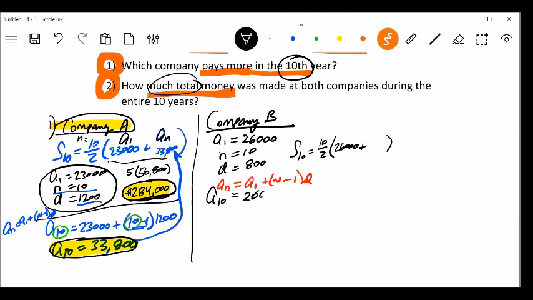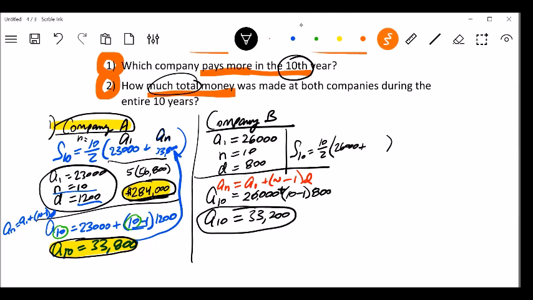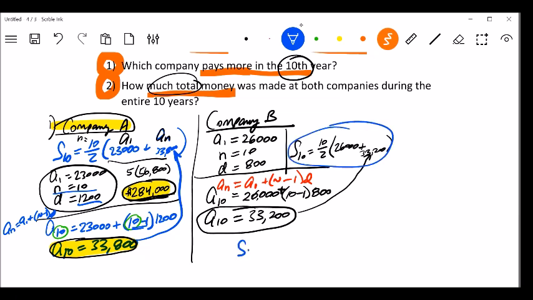The amount of the first term is 26,000. The number of terms is 10, and the common difference is 800. So it's 9 times 800, plus the 26,000. So the amount of the 10th term is 33,200. So I now know that, so I can put that in here, 33,200, and then I can work on this equation,